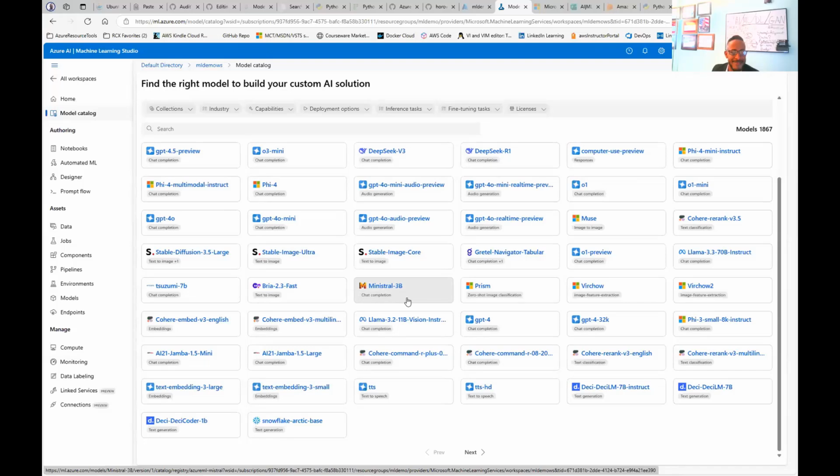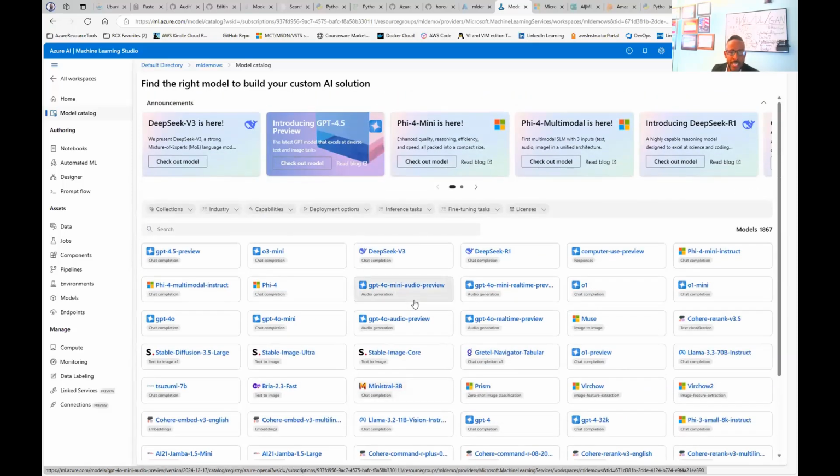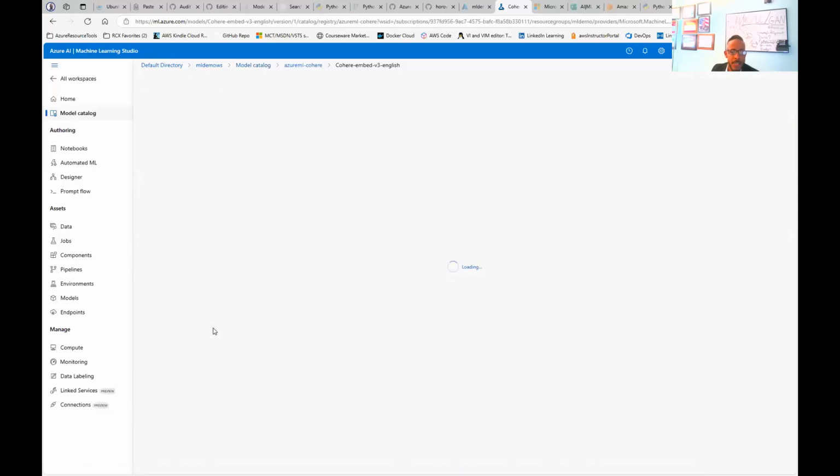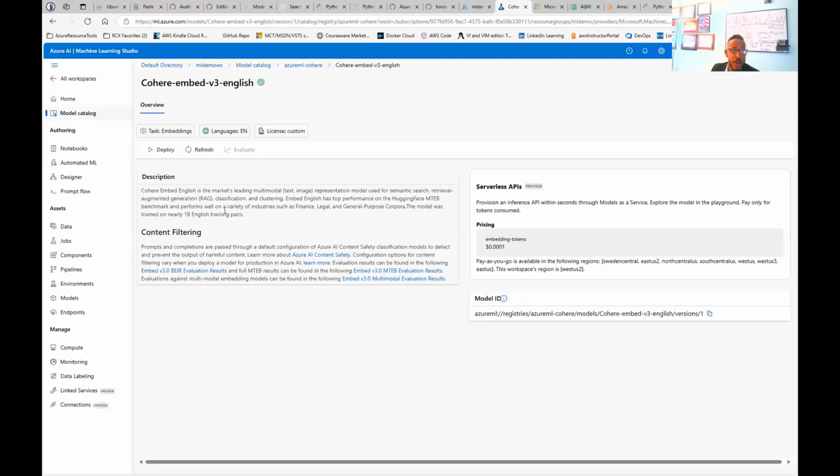Mistral, Cohere, and more. And these are all pre-trained. So if I choose one of these models, like this pre-trained